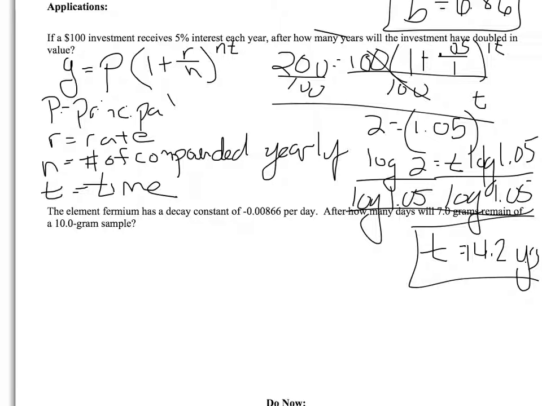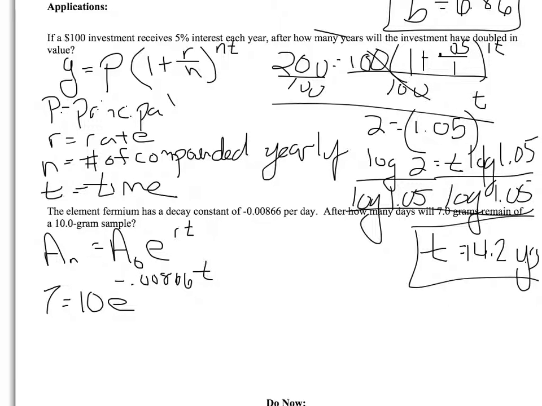The next one, an element decays at a certain rate per day. After how many days will 7 grams remain from a 10-gram sample? This is the formula, and again, they have to give you a formula. A sub n will equal A sub 0, e to the rt. A sub n is the amount at the end. A sub 0 is the initial amount. R is the rate. T is time. So the amount at the end is 7. The initial amount is 10. e is that button in your calculator. The rate is